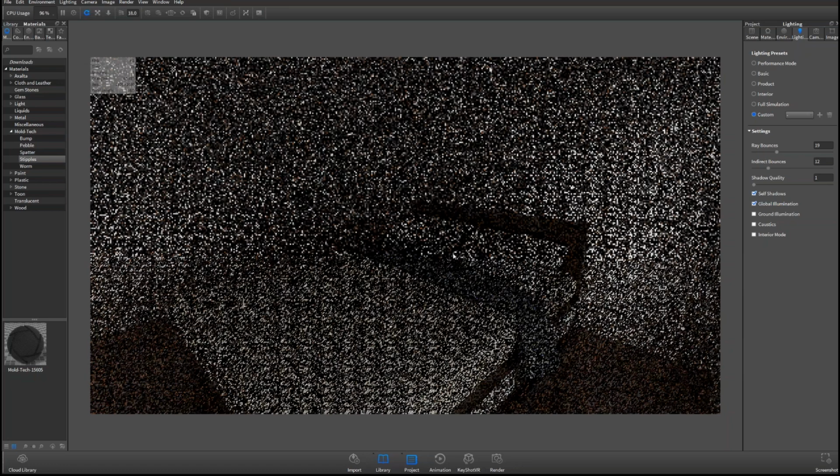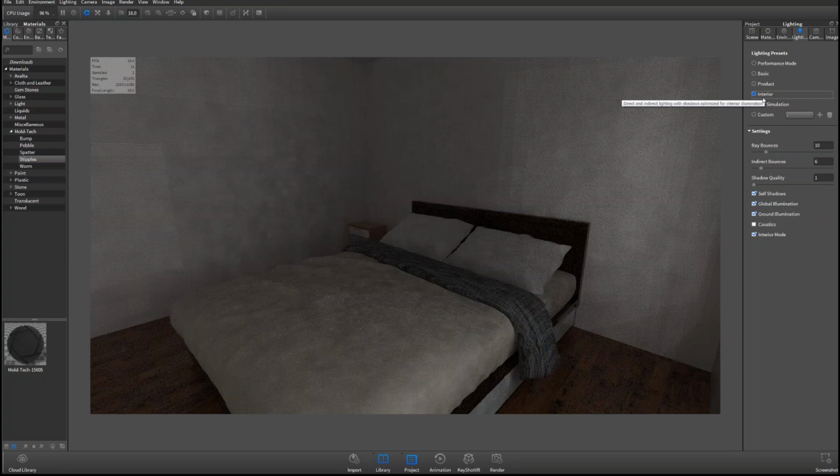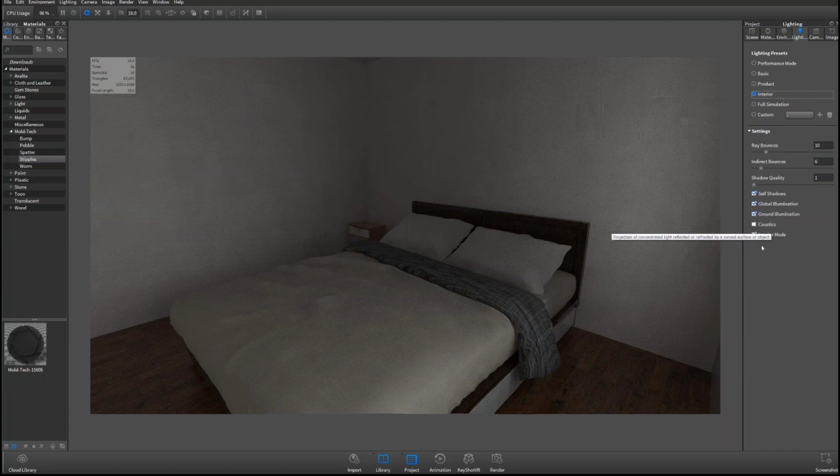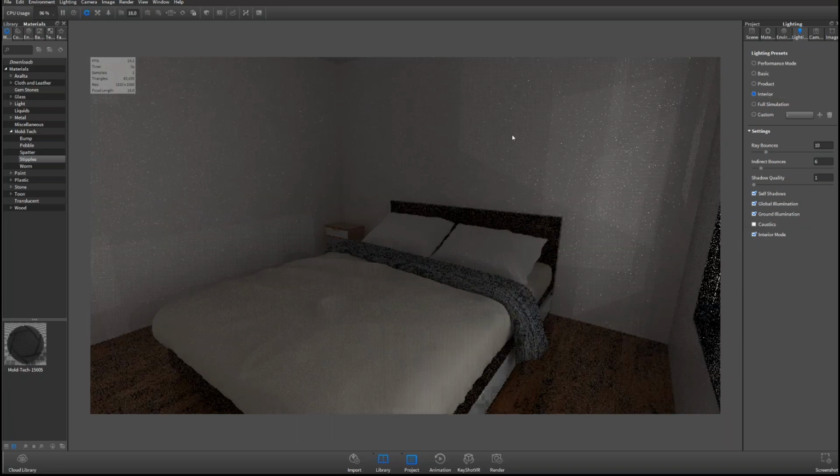This is new. If I click this interior button, we have an interior illumination mode. This is specific for interiors. It's different from globally toggling these settings; you actually have to enable interior mode. Now if I look in my room, pretty quickly I find a nice resolution for what my lighting should be.